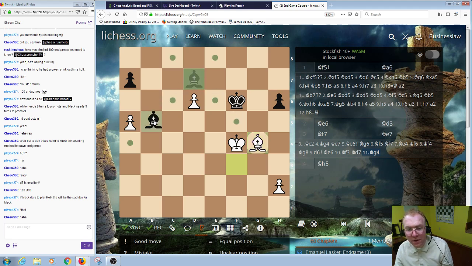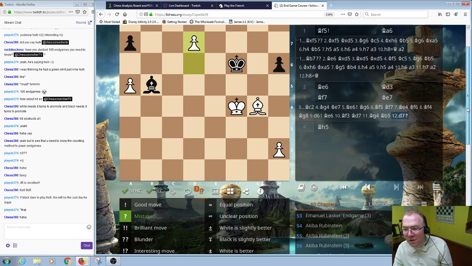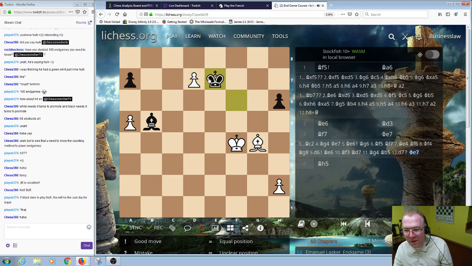So, bishop b5. Incredibly played. This is a somewhat complex pitfall. If you were to think about pushing, this is actually a mistake. This is surprisingly a mistake because king e7,